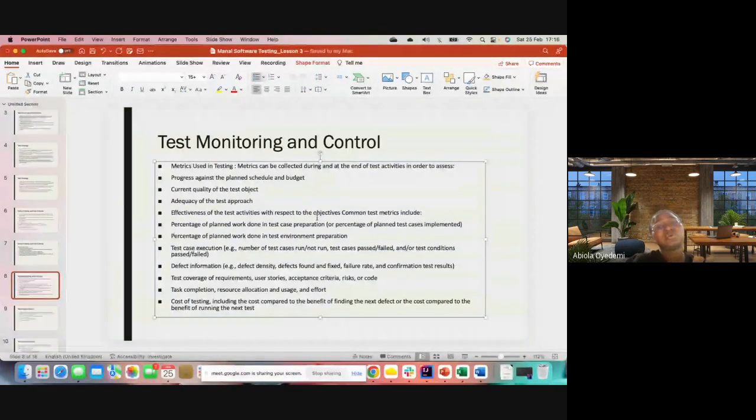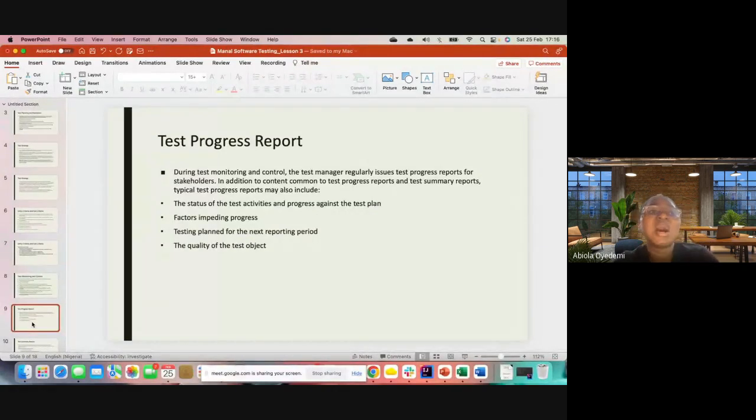That's the phase you call test monitoring and control. Then while you are doing that testing and control, there's something we call test progress report. So during test monitoring and control, the test manager regularly issues test progress reports for stakeholders. In addition to content common to test progress reports and test summary reports, typical test progress reports may include,